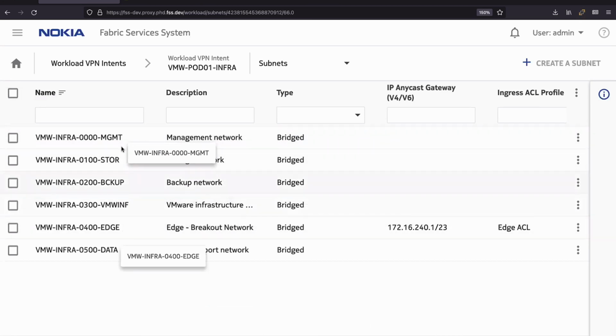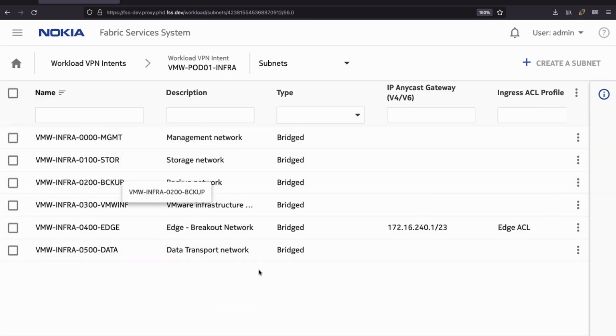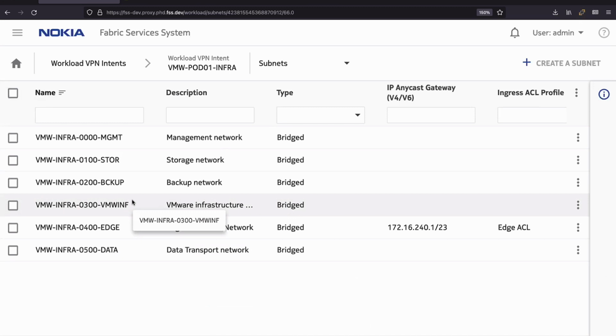You can see that right now there's 6 subnets defined, and one of my subnets is an edge case network where I've configured BGP, PECE, things like that. I have a storage network for my hypervisors to reach out to any type of iSCSI storage. And then a VMware infrastructure network, which you could use for vMotion, vSAN, all of those nifty features VMware offers you.